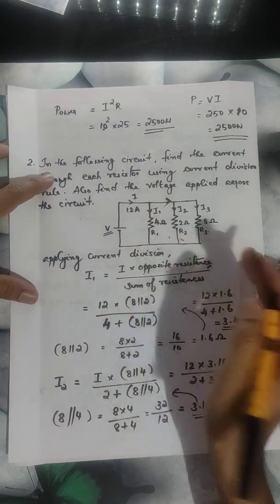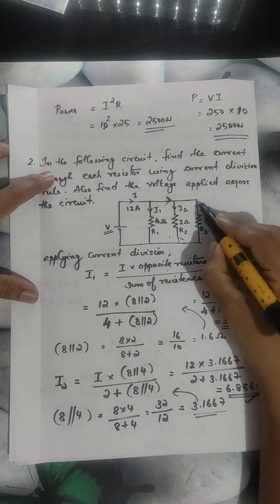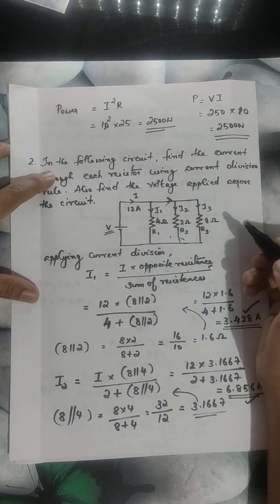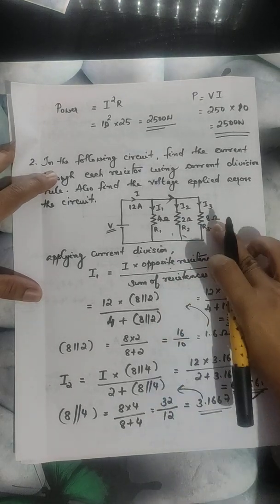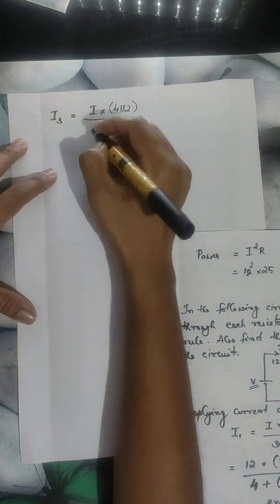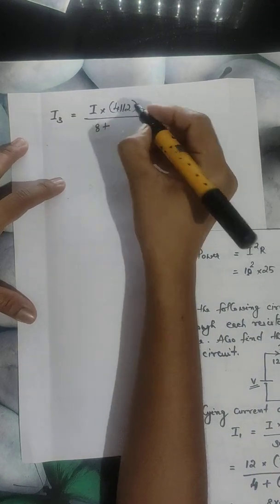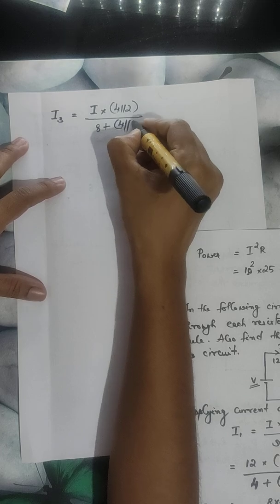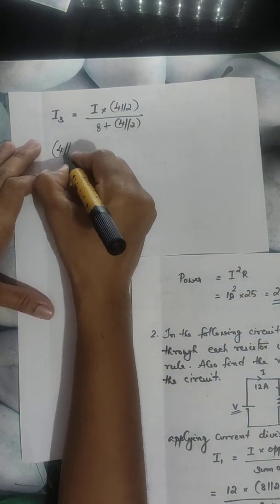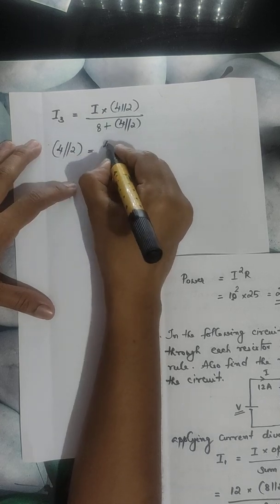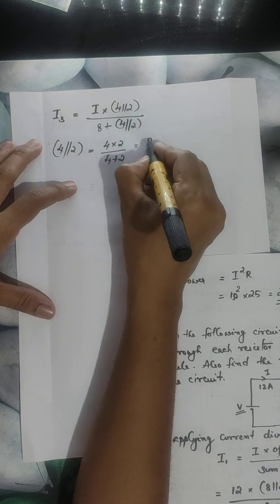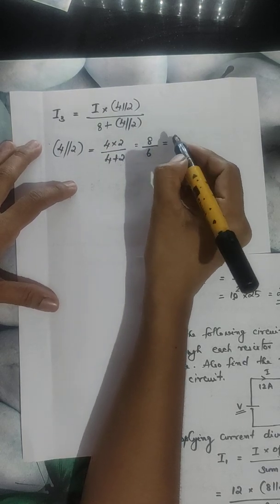Sum of resistances means resistance of the branch that we are considering plus the other branch resistance. So resistance of the branch that we are considering is 8 ohm. So 8 plus other branch is 4 parallel to 2. So now let us calculate the equivalent of 4 parallel to 2, which will be 4 into 2 divided by 4 plus 2. That is 8 divided by 6, and it will be equal to